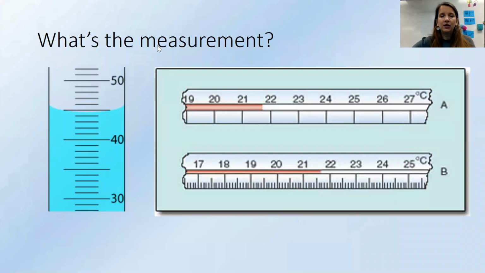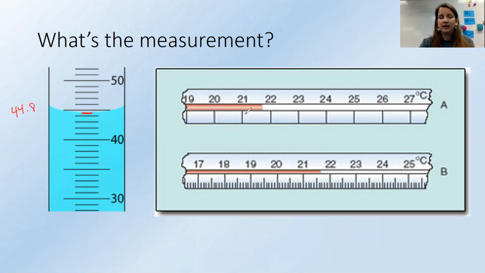When you're measuring liquid in a graduated cylinder, you want to make sure you're measuring from the bottom of the meniscus, the bottom of the curve here. When you're measuring, always look to see what each line represents. Each tick here represents an increase of 1. So we know this is 41, 42, 43, 44 point something. It has to be point something to estimate that extra digit. So we could record this value as